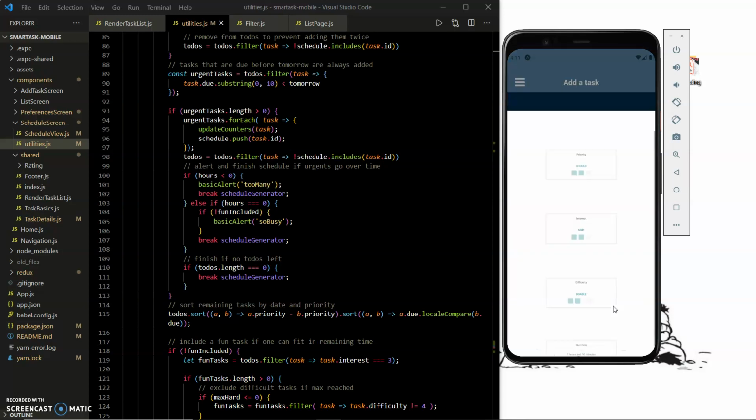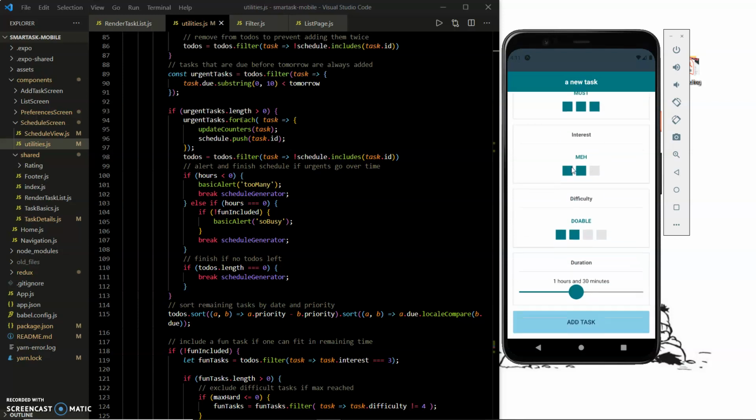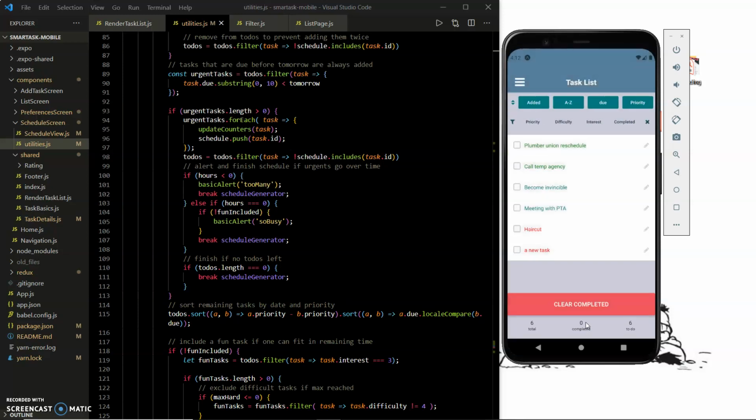off the details here. So if I go to add details, and this is the adapted ratings component that I used. So basically you can decide how important it is to complete this task, how interesting it is to you, how difficult, and then how long it's going to take you. And you can add that task, and here is the list page where you can see this task has been